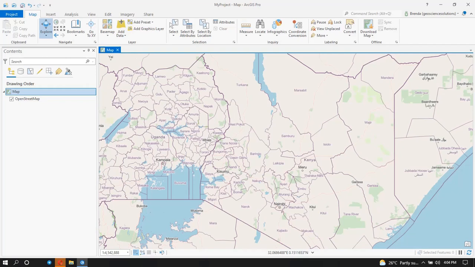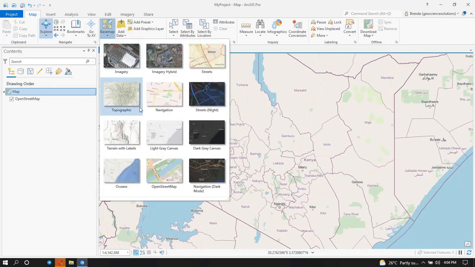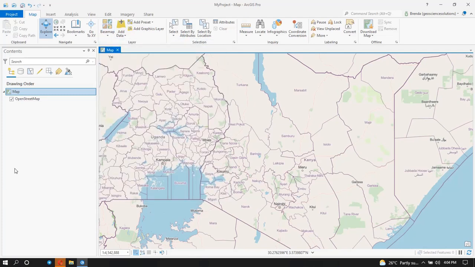So what you can see here is I have my base map, which is the OpenStreetMap, and before adding your data you can change the base map that you want your map to be in. So here under base map you can choose any type of base map that you want. For me I'm using the OpenStreetMap. To add data we click on this button here for add data,